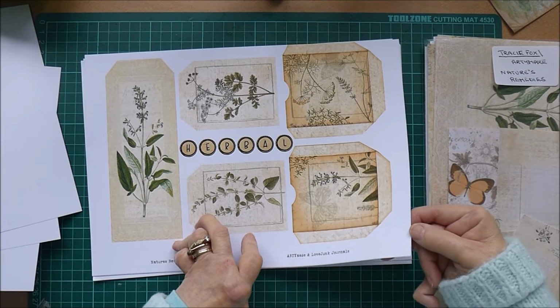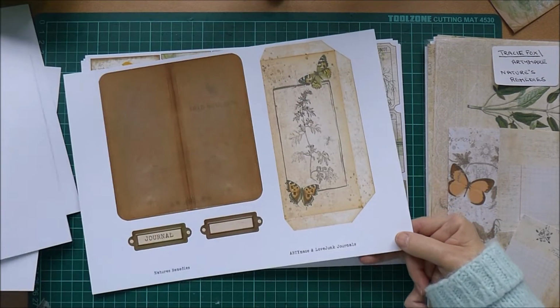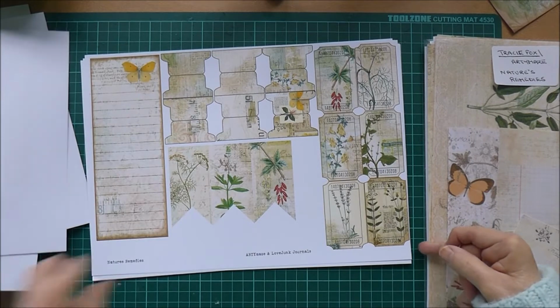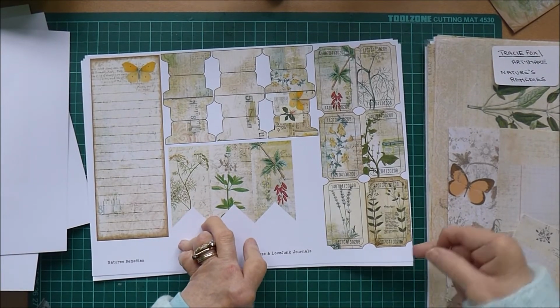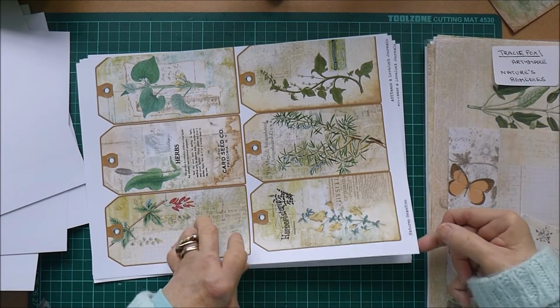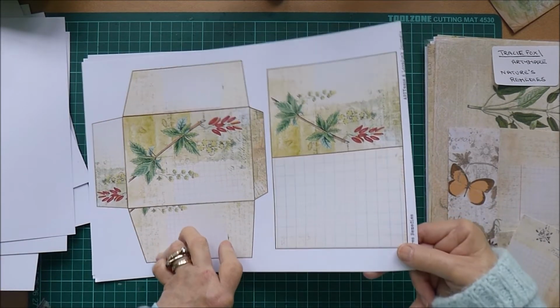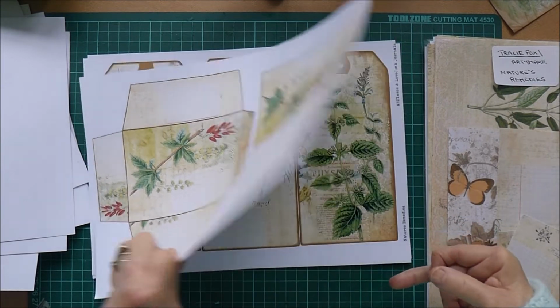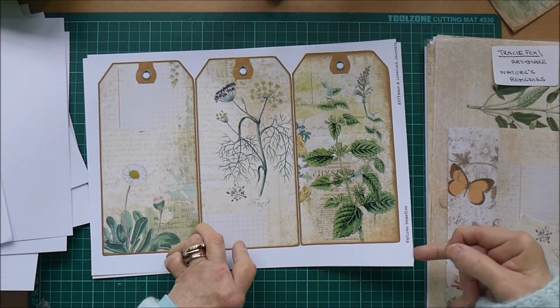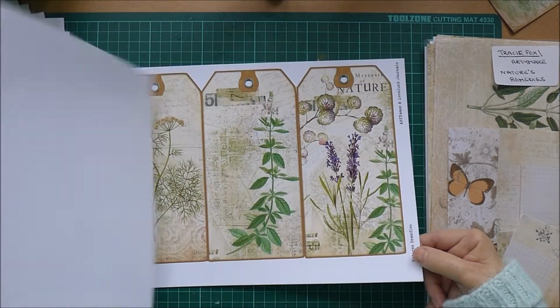I can't imagine I'll use all of this. There's way, way too much for one journal. It's probably too much for even two. But it gives me lots of options, so that I can mix and match and not go overboard on the bird front. So I'm just flipping through things because you can see there's just so much of it. There are pockets and tags and envelopes, and they're just beautiful. And probably many of you will have